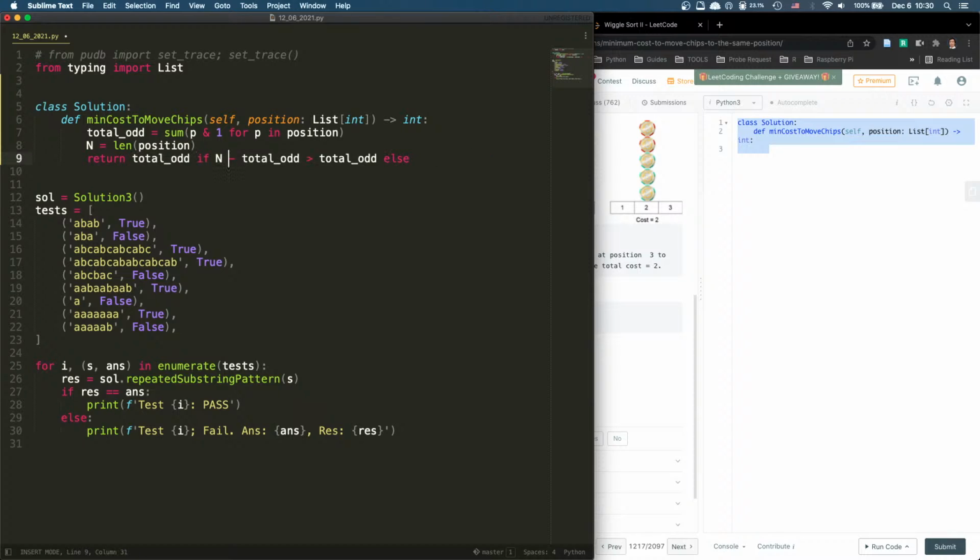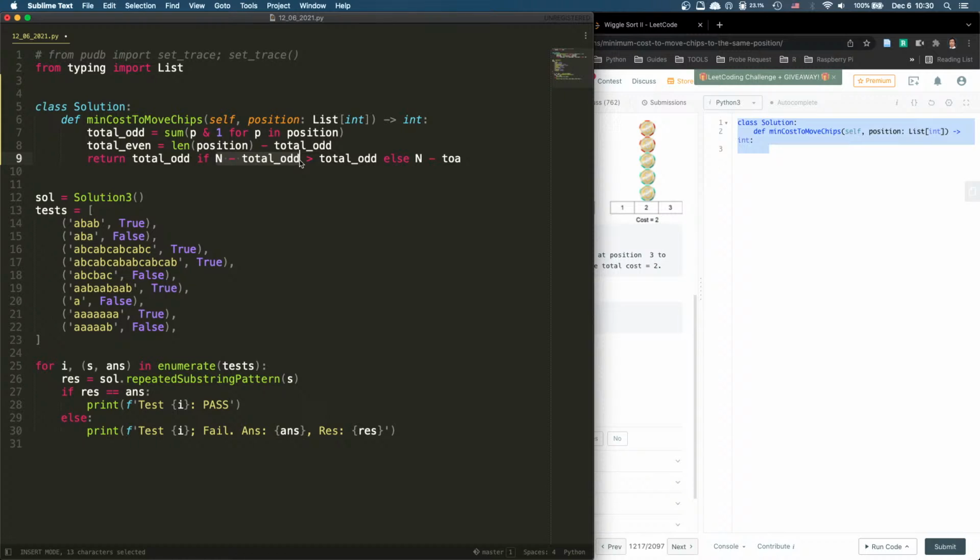Right, we return total odd if the total even is larger than that, else we return n minus. I can just do this. Let's not do this. I just say total odd and total even equals this minus total odd, and then we